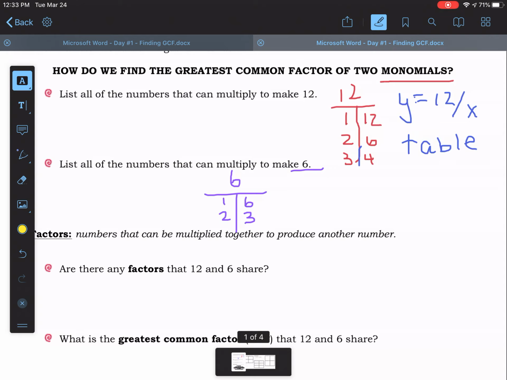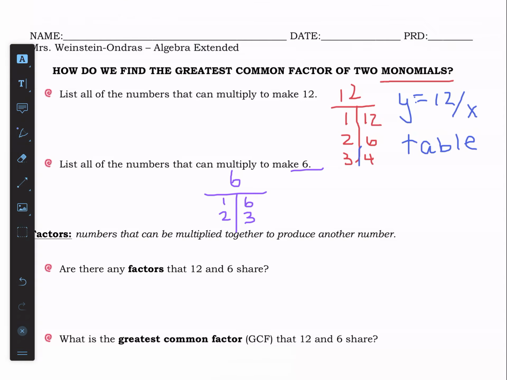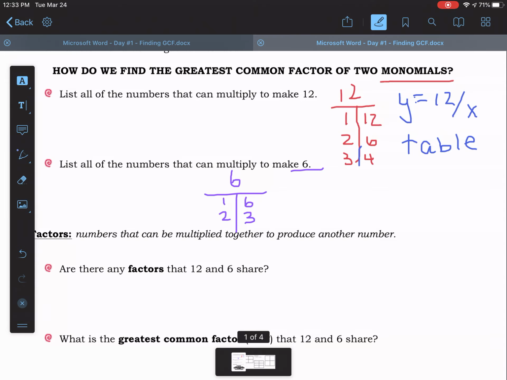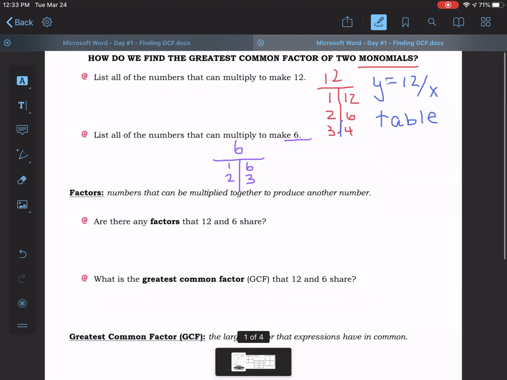Okay, so now right below here, I have the definition of factors, numbers that can be multiplied together to produce another number. So all of these numbers in the table are factors of 6. All of the numbers in this table at the top are factors of 12, okay? So now down here, are there factors of